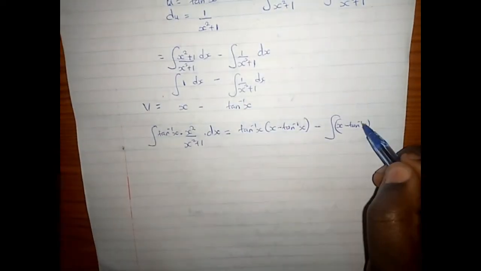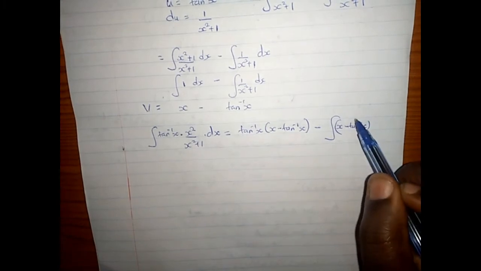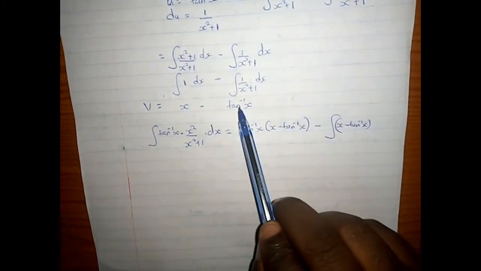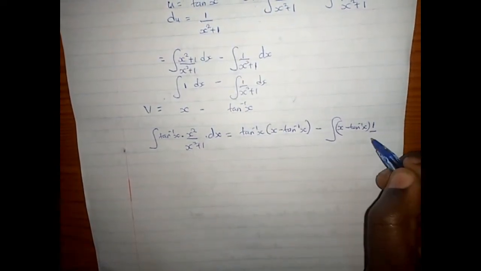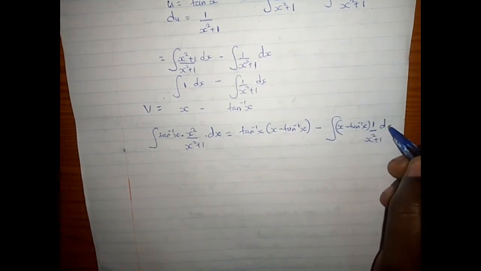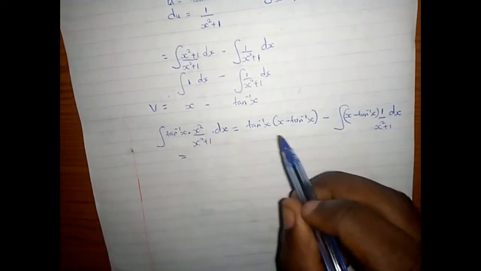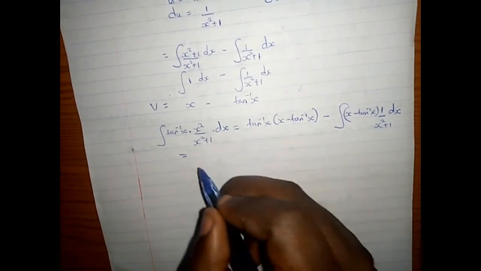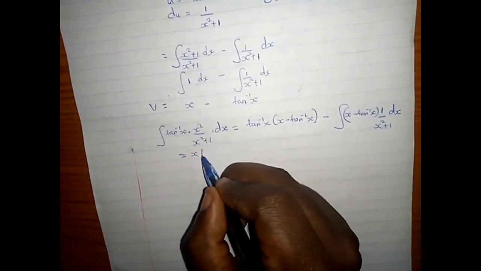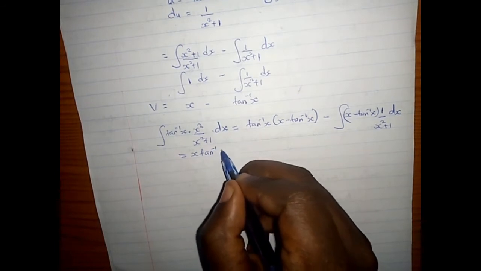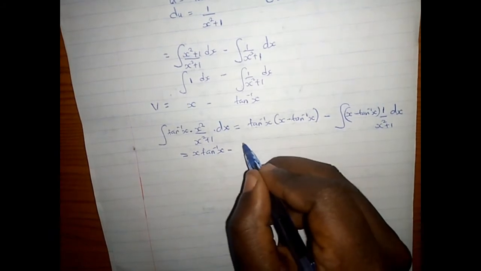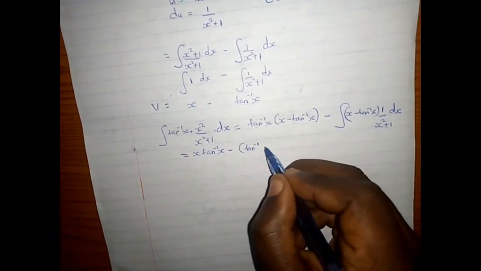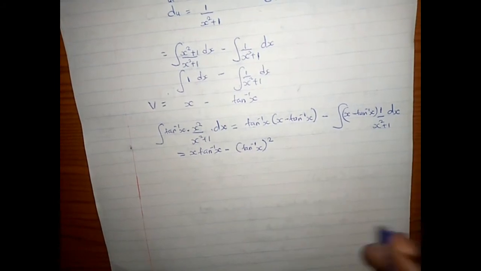What is my du? My du is 1 out of x squared plus 1 dx. So this will be equal to, if I open up the brackets, x tan inverse of x minus tan inverse of x squared, yes, minus